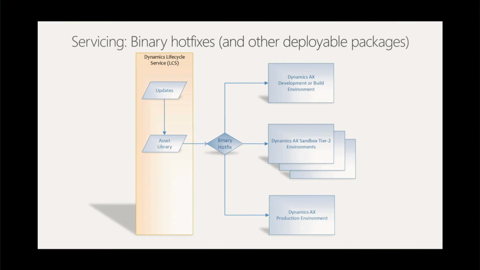So this is the flow to apply a binary hotfix, including a locked platform. It's simply going to be in your LCS asset library. You can go and, using LCS, apply it to a dev box, to a build box, to a tier 2 sandbox, or to your production environment. And applying it to your production environment involves the DSE team. It's a request for the DSE team. It usually takes about an hour and a half,